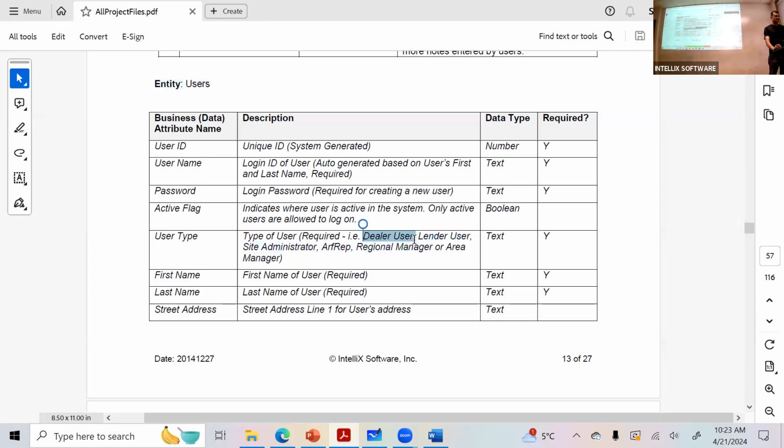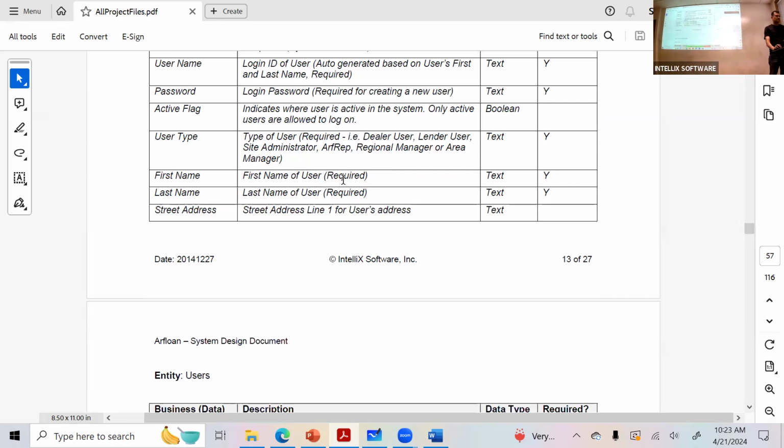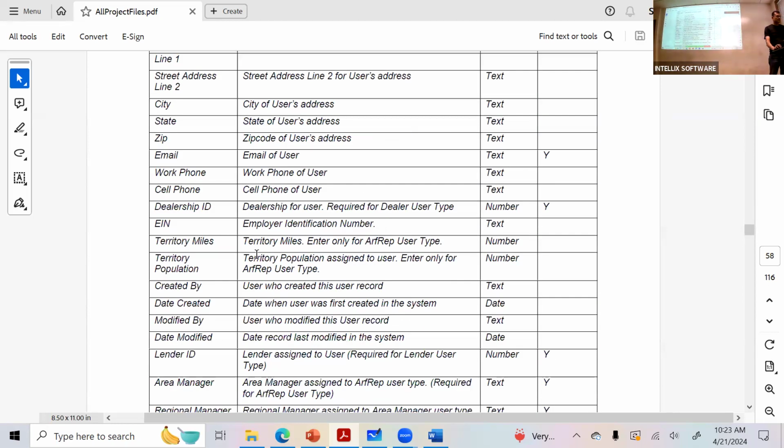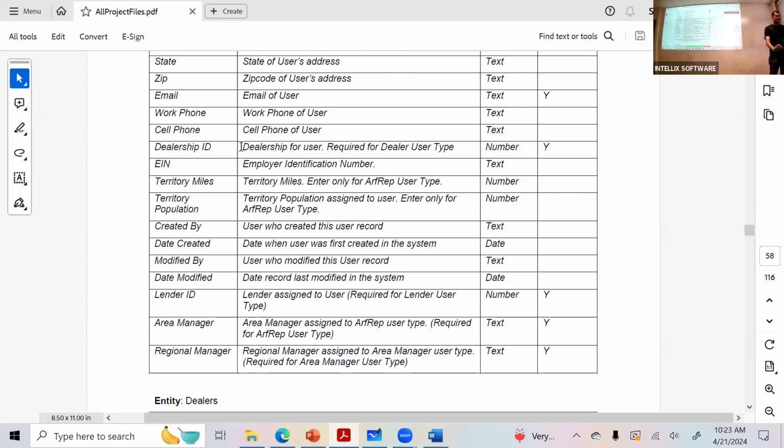If it's a dealer user, you select the dealer user while you are creating a dealer user type user. First name is required. Okay, that's fine. Now, when you come to the dealership ID, dealership for user is required for dealer user type. So this is a required field for the dealer.